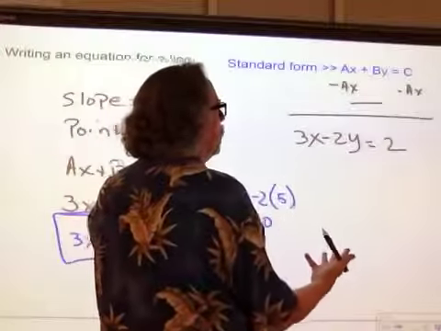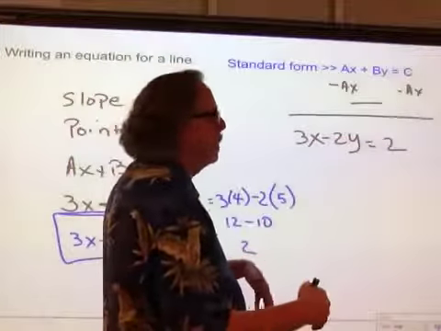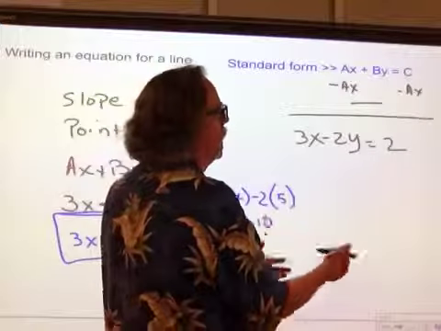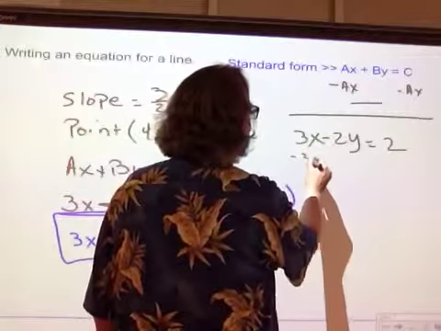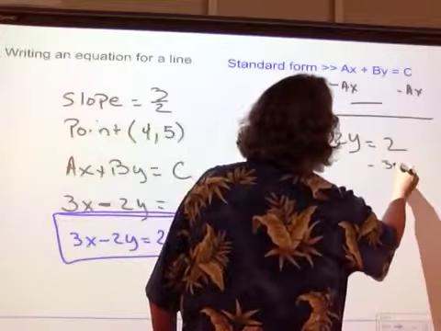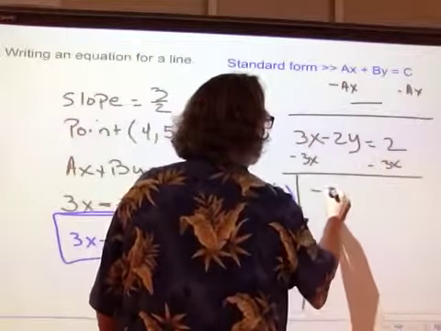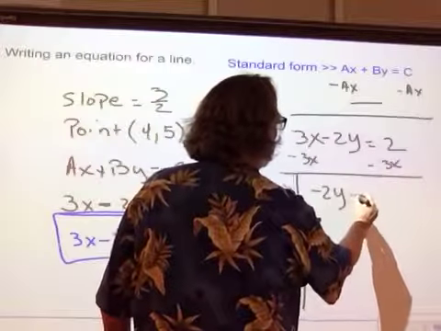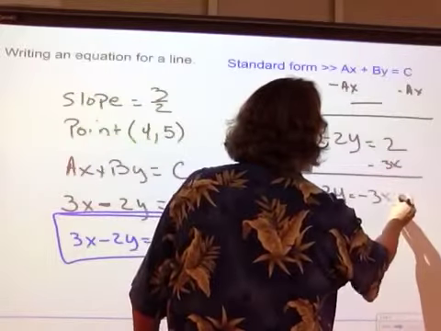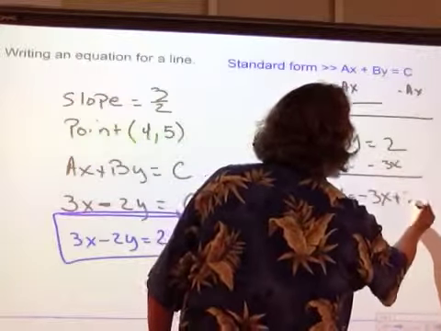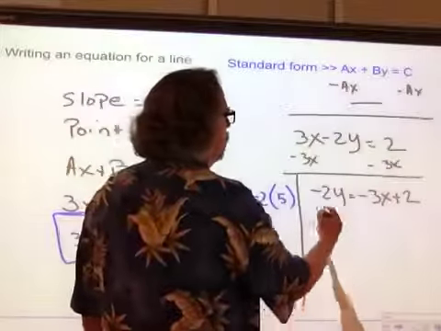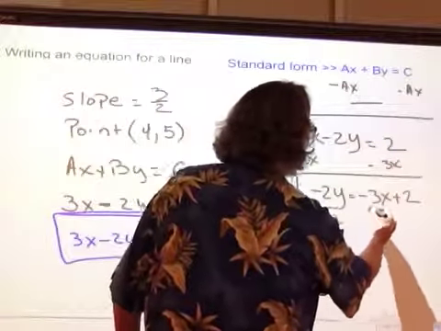And if I want that in the slope-intercept form, I just have to solve it for y. So I'm going to go minus 3x and minus 3x on both sides. So I have -2y equals a minus 3x, and that's a positive 2 over there. Divide everybody by -2,